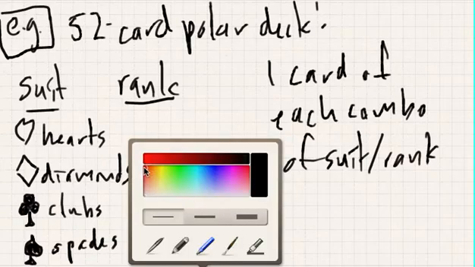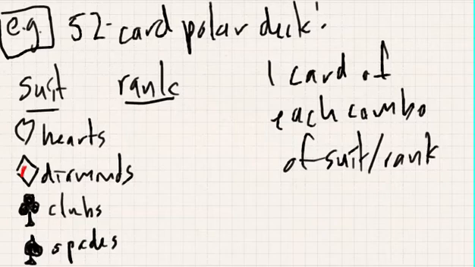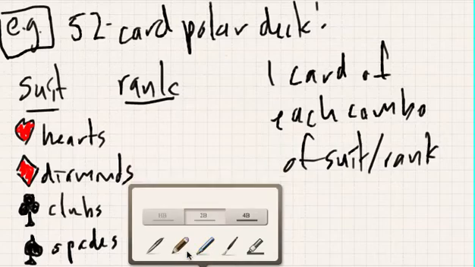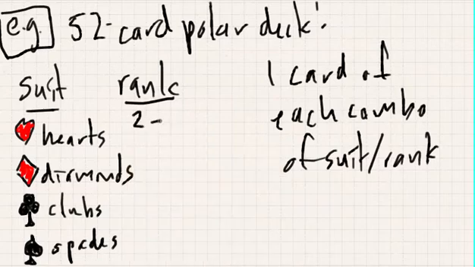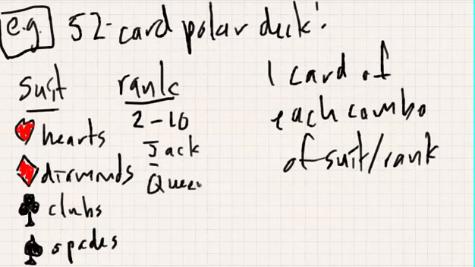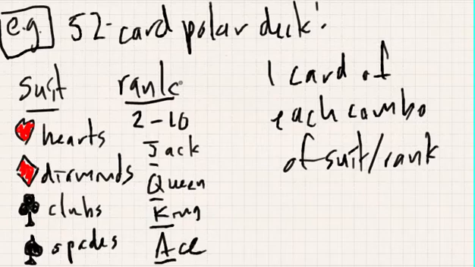And just for your reference, diamonds and hearts get colored in red, so there are 2 red suits and 2 black suits. Okay, now what are the ranks? Well, the ranks are the numbers 2 through 10, and then there is a jack, which I'll denote by J, a queen, which I'll denote by Q, a king, which I'll denote by K, and then aces, which I'll denote by A. So there are 4 suits,